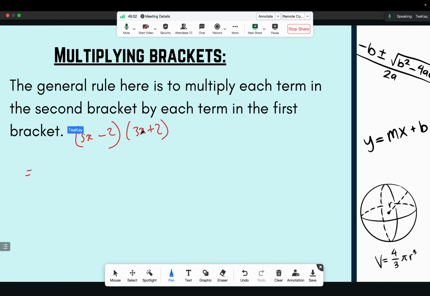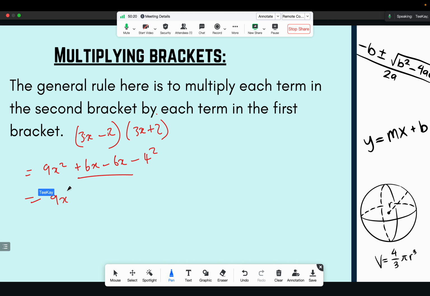So 3x by 3x, we have 9x squared, and 3x by 2 we have plus 6x, and then we go to this one, we have minus 6x, and this we have minus 4 squared, and then these are like terms,